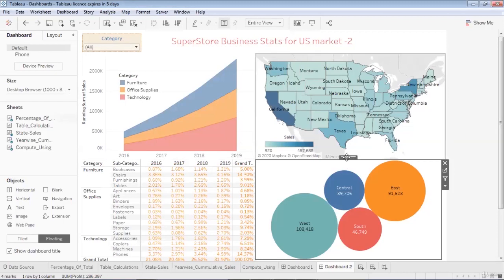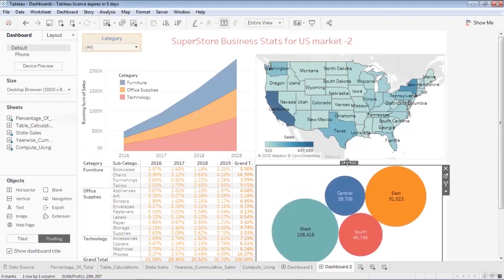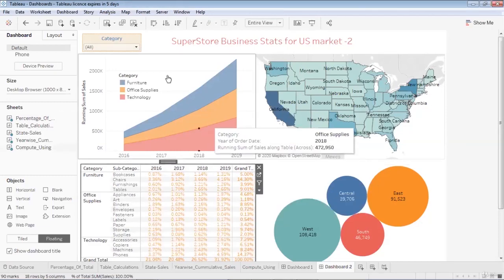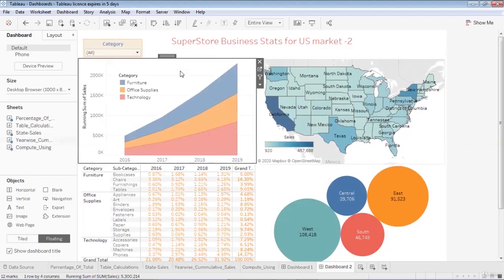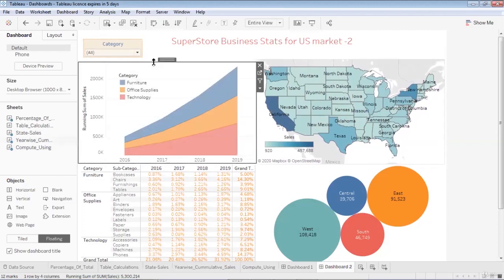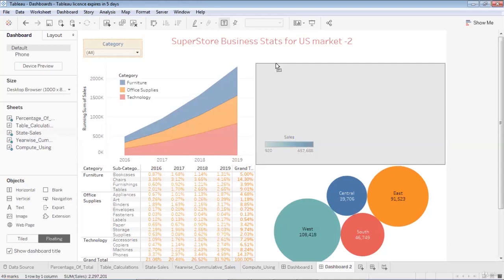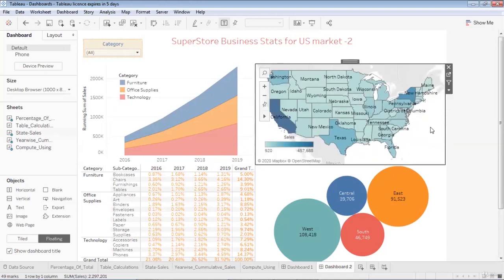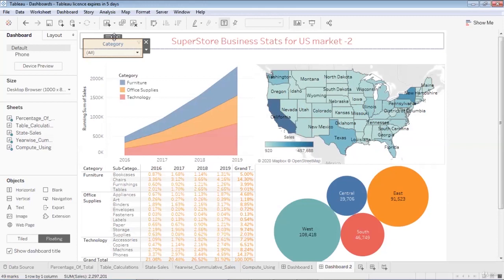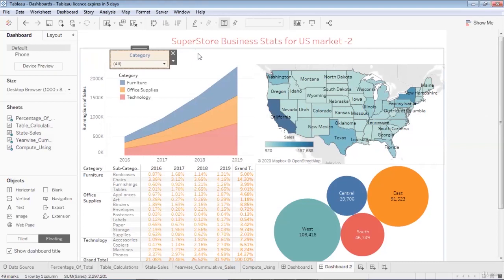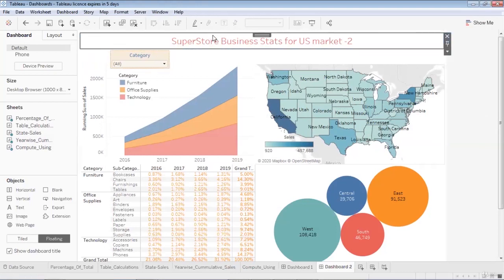So for that, I would like to move each of my graphs down a bit so that I can create a space for this visualization over here. Allow me a minute. I'll reduce the size. For reducing size, you can just click over here, and using this normal symbol, you can just drag it down a bit. It is quite user friendly. That's why Tableau is considered one of the most powerful and easiest visualization or BI tools in the industry. That's the reason for its success, because there are many other visualization tools, but none of them is as popular